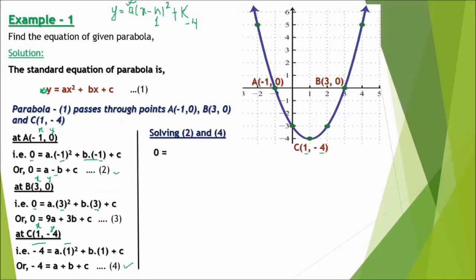Now the second equation is a minus b plus c, and our fourth equation is a plus b plus c. As we are going to solve by subtracting,